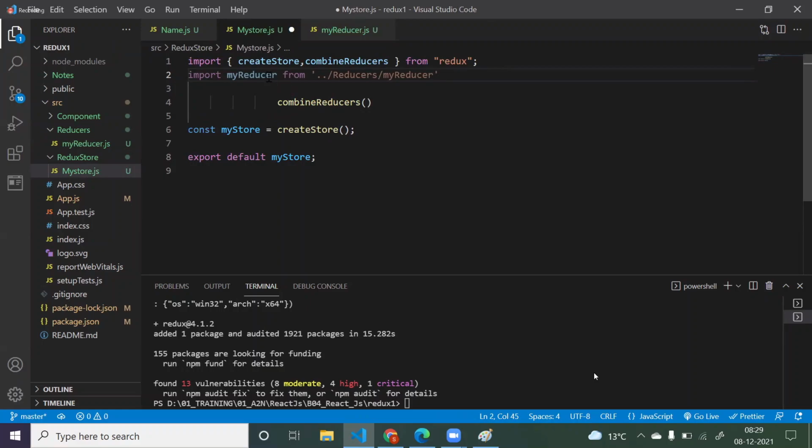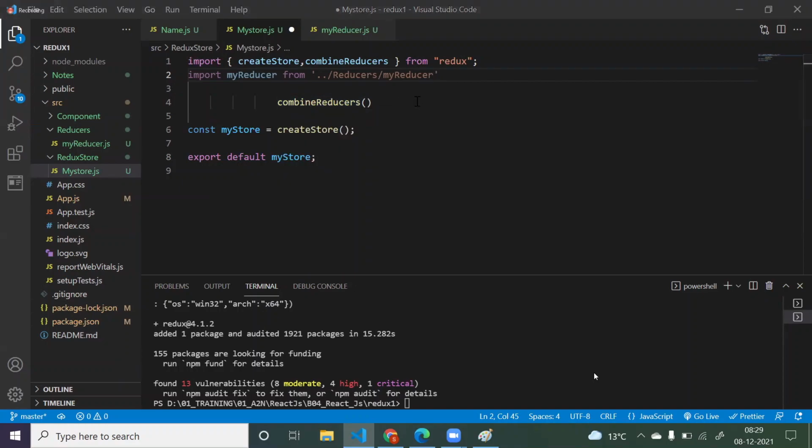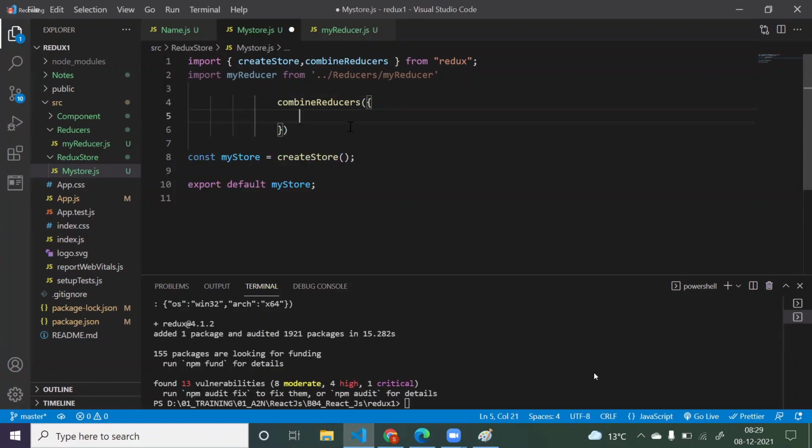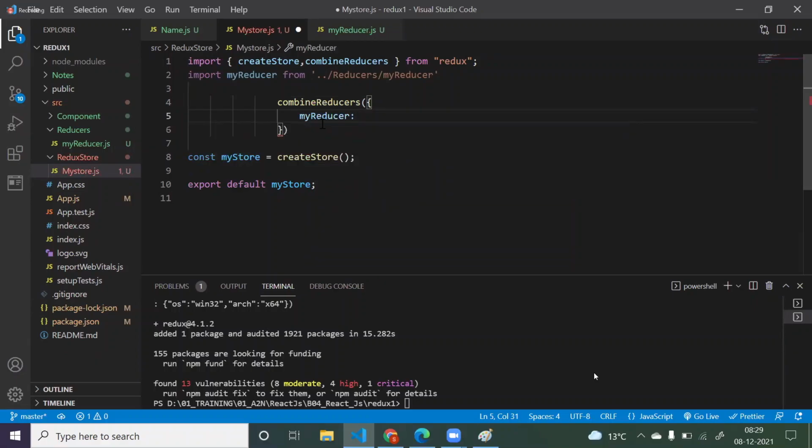To combine all the reducers, they have given a method called combineReducers. It takes one argument, that is one object. Give some key like myReducer, and the value should be this reducer, myReducer.